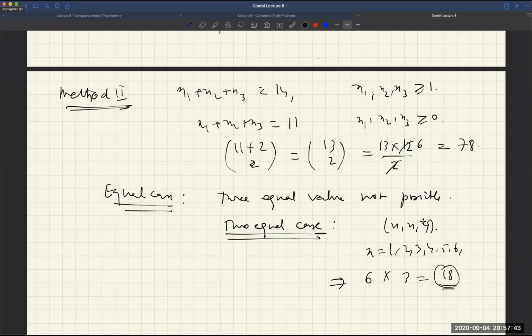You don't have to think about y, because x plus x1 plus x2 plus x3 has to be 14, you know. So it will be taken care of. So the only thing which you have to worry about is x. So x can become 1, 2, 3, 4, 5, 6. And total permutations of 2 equal things and 1 distinct is 3 factorial by 2 factorial. That is 3 only. Correct? So 18. So total ways in the required constraint is basically 78 minus 18, which is coming out to be 60.